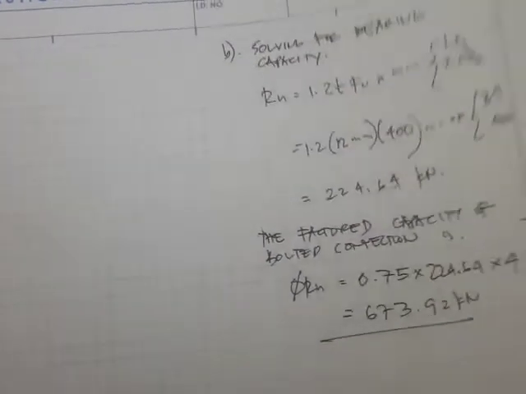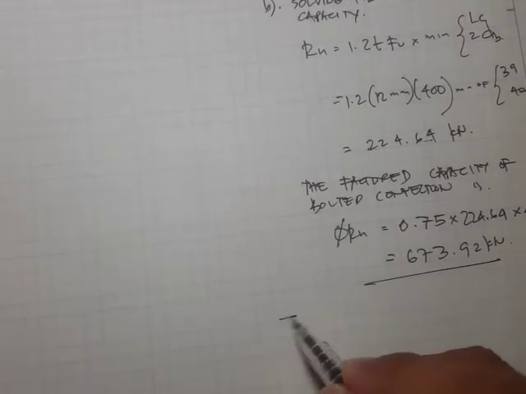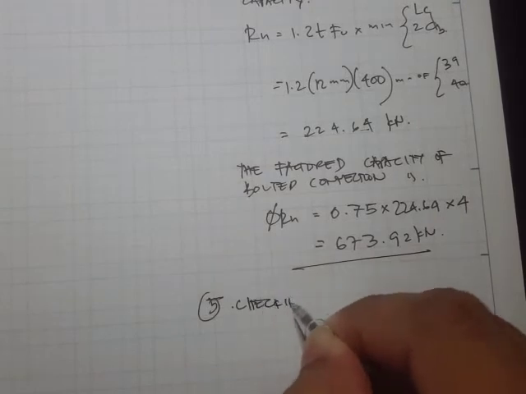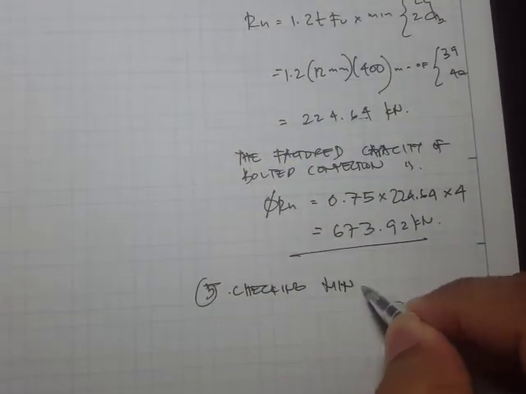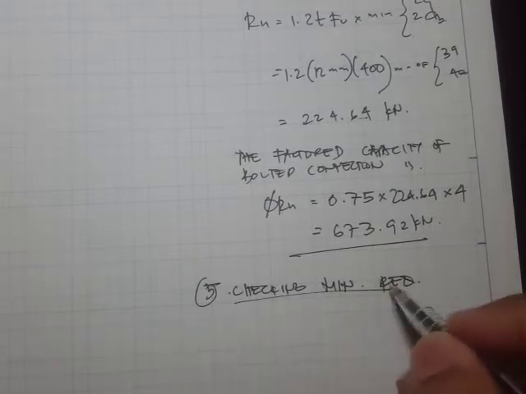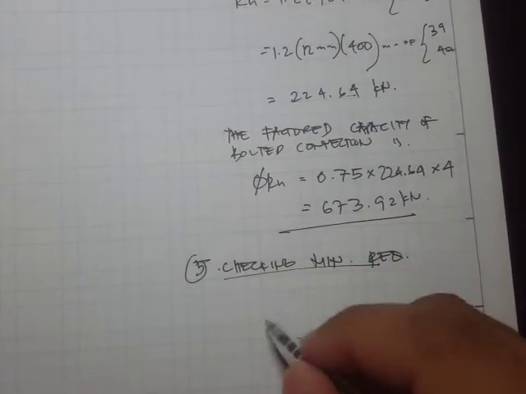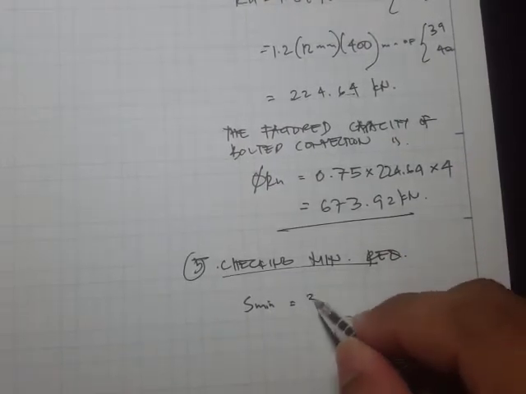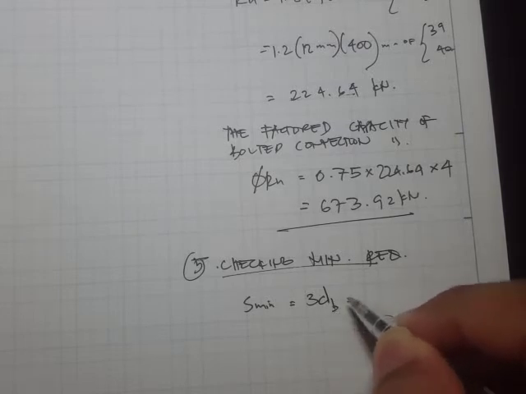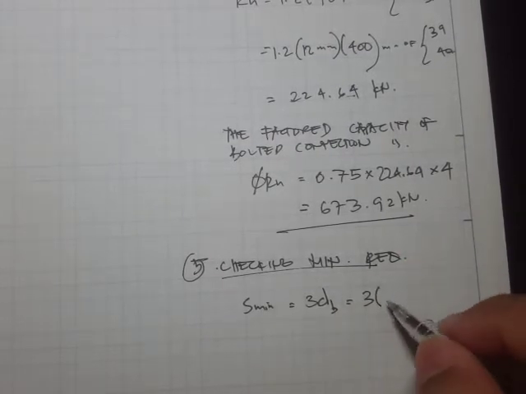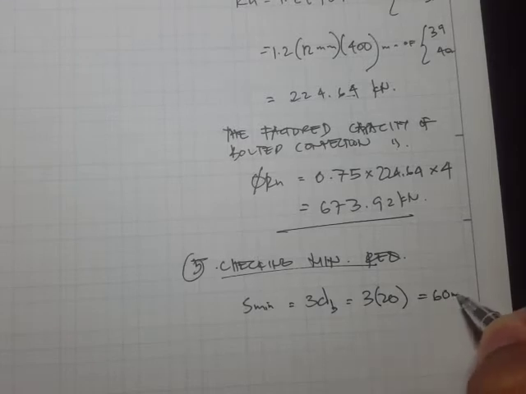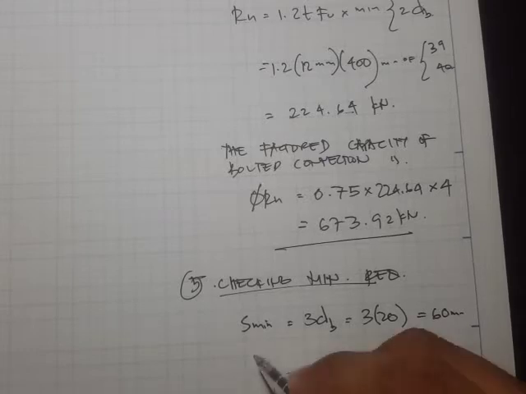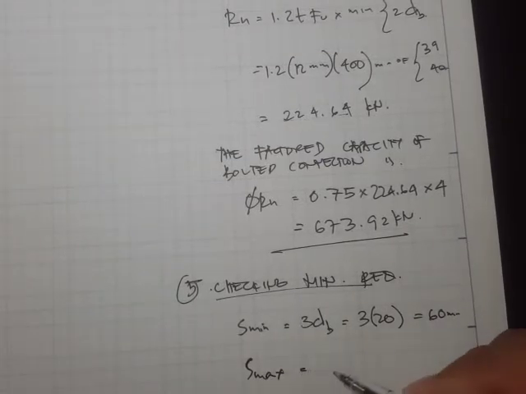Okay, so the next one is to check the minimum requirements. Okay, so let's check first for the maximum spacing. Now it says S min is preferably equal to 3 times the bolt diameter. So that's 3 times 20. That's going to be 60. For the S max is